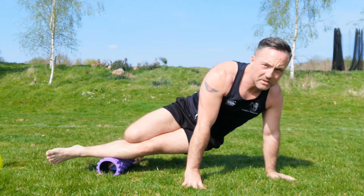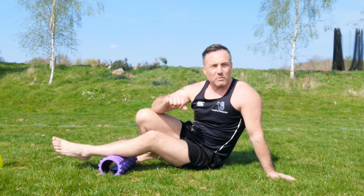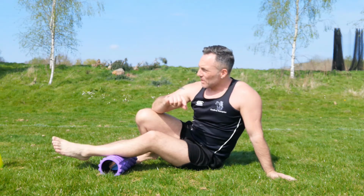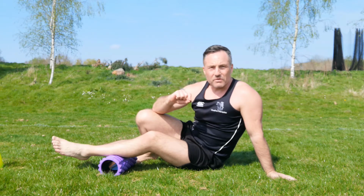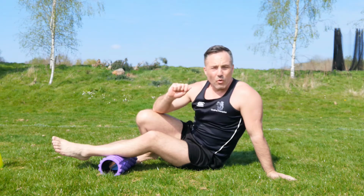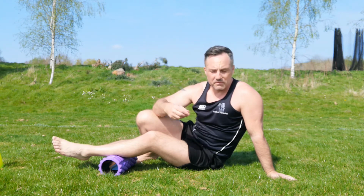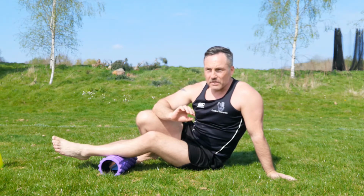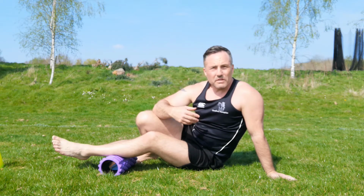Now there's two ways to roll and loosen the knots in any muscle when you're using a foam roller. There's two methods that I use. One is I find the epicenter, or the center, or the top of the mountain of the tender, or what's called trigger point area. So I find the epicenter, the very center where it's at its most painful, and instead of avoiding it and coming away, I hold on that painful spot,